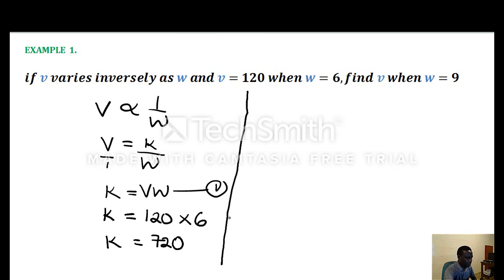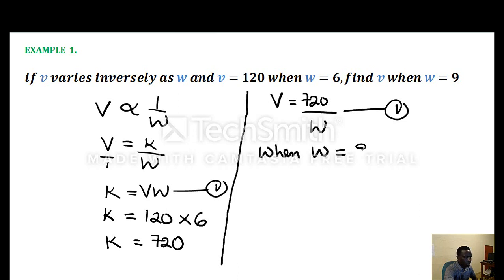k is equal to 720. Now the relationship between v and w can be described to be v is equal to 720 divided by w. This is the relationship between v and w. Now the question says we should find v when w is equal to 9. That is, when w is equal to 9,